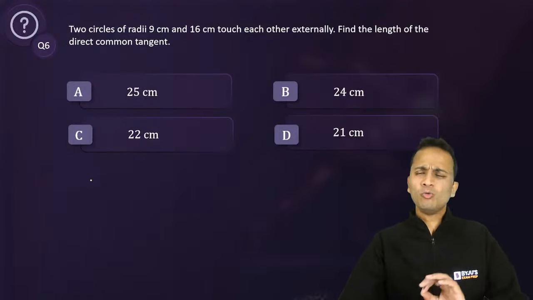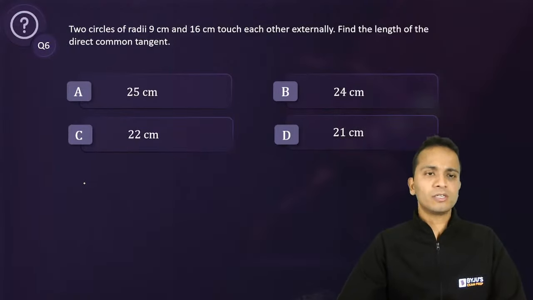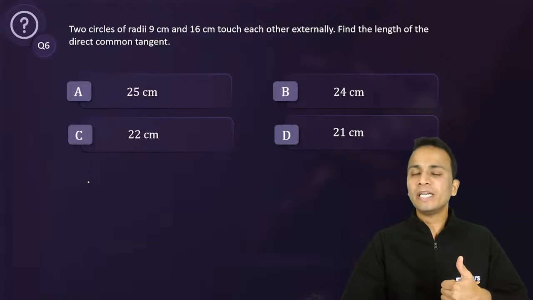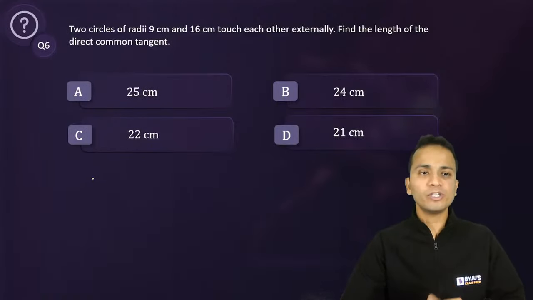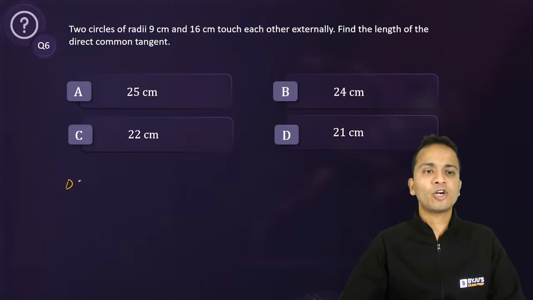All right. By now you must have got the answers. Come on. Now between two circles, there can be two types of tangents. One is direct common tangent and one is transverse common tangent. I'll give you the formula for both of them. So direct common tangent,